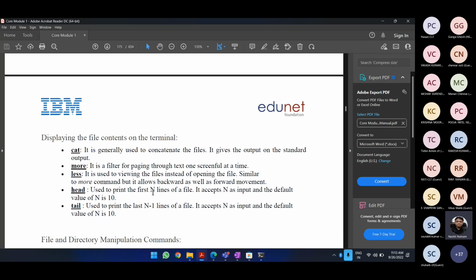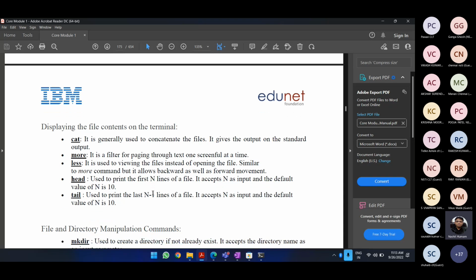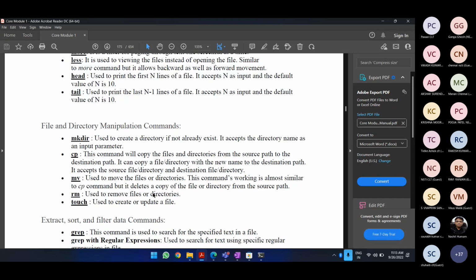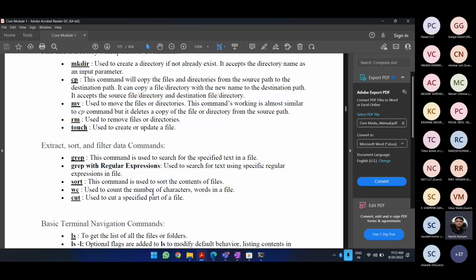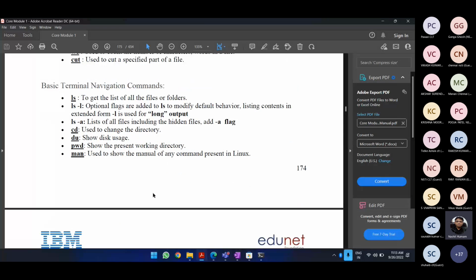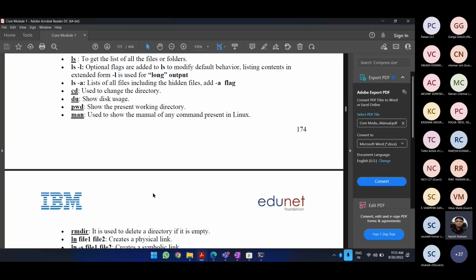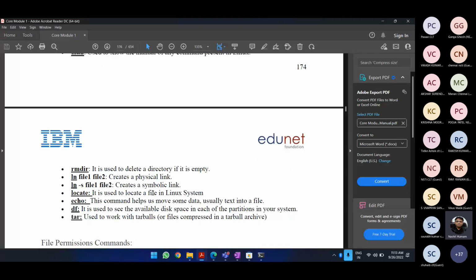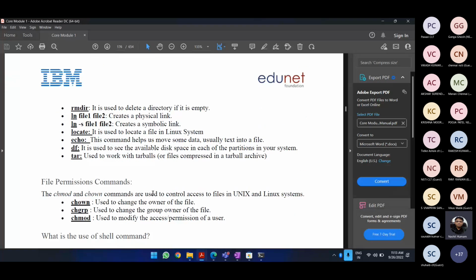Okay, fine. So we would be going cat. We did more or less. We can have grep, sort, ls, yeah, fine. Let's say all flag, pwd, man commands are in directory.